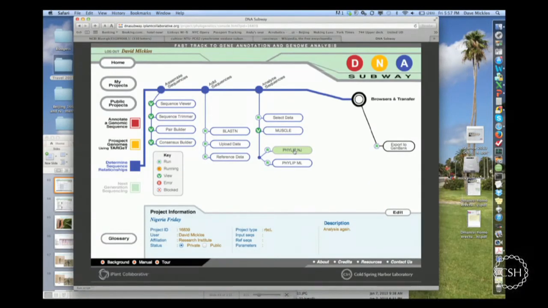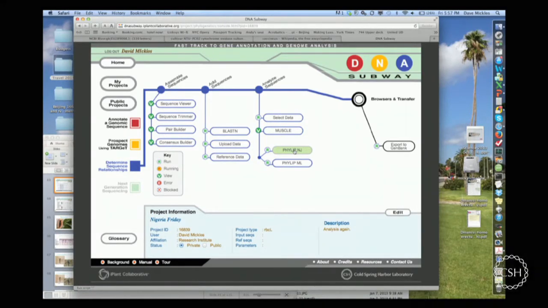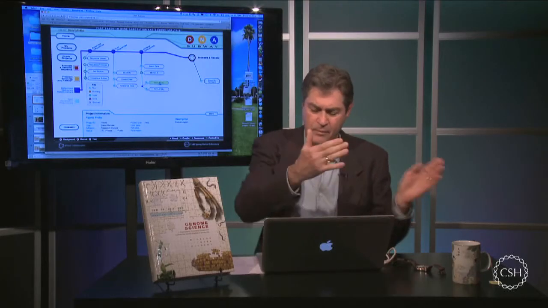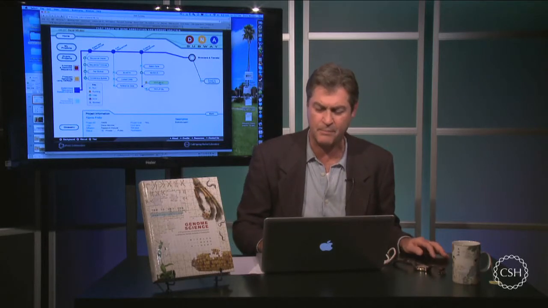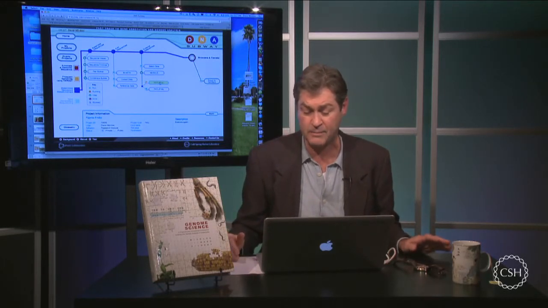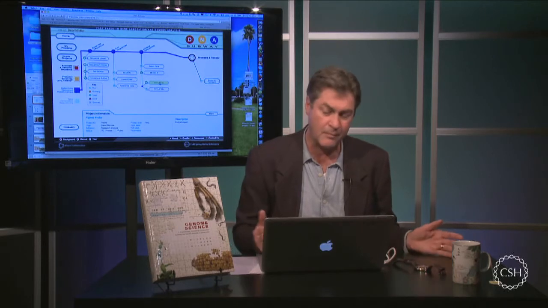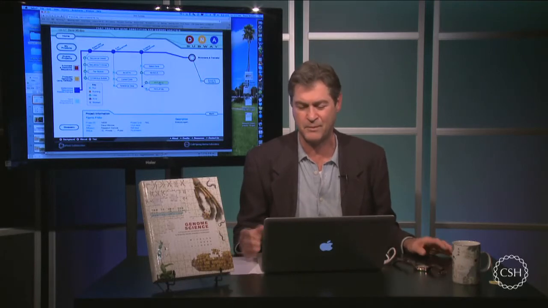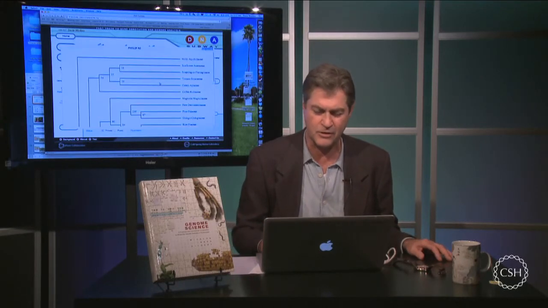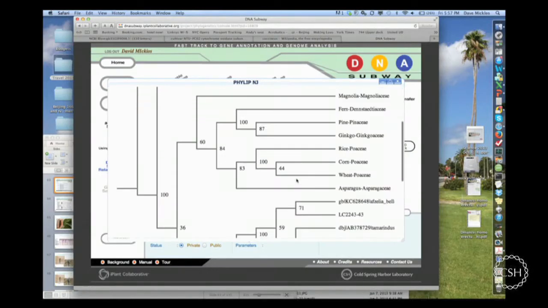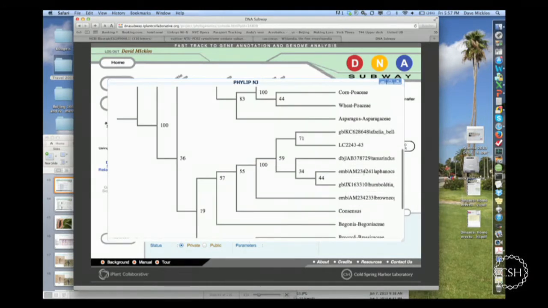But let's start by building the simplest kind of tree, which is called neighbor-joining, which builds the tree one link at a time, and each link will be on a separate step. It's very fast to build, but remember, out of all these data points, there are hundreds of different trees that you could build to explain the relationships between those different mutations. But here's one, and mainly I just want to come in and see that group that we generated,